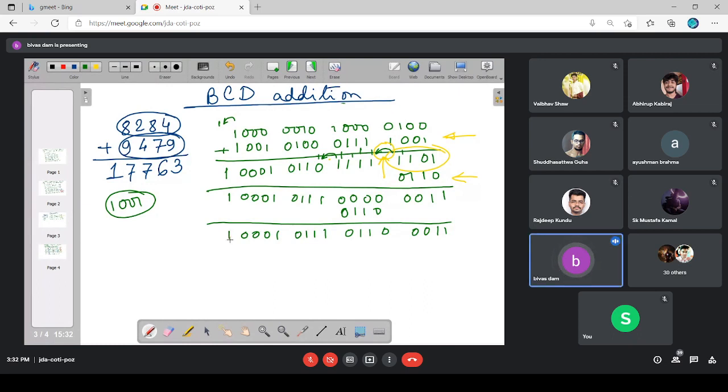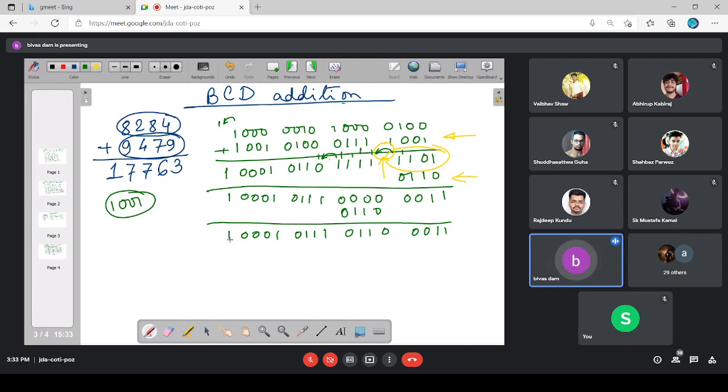Now go to the next higher nibble. Two nibbles I have checked and made the correct reactions. Now we go to the next higher nibble. What is the value? Is it more than 9? No, sir. 7. Was there any carry from this nibble to next higher nibble during any